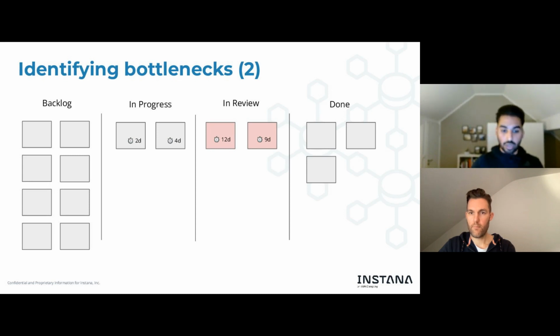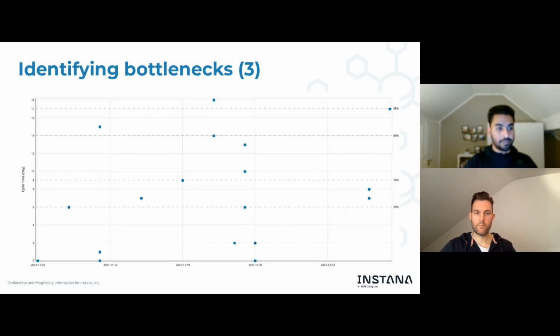And say, all right, each card, once it reaches the stage of being in review, we want to get done with it in 2 days. So a card can only live in this in review stage for 2 days and not more. And this will kind of force you to actually focus on finishing stuff, right? On moving cards from one column to the next.